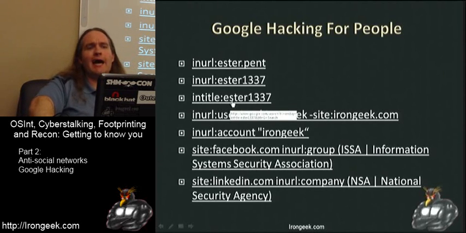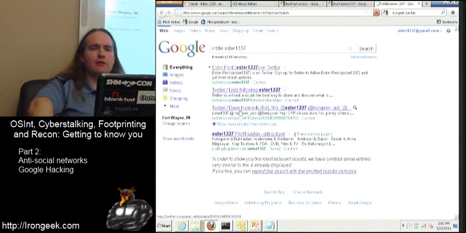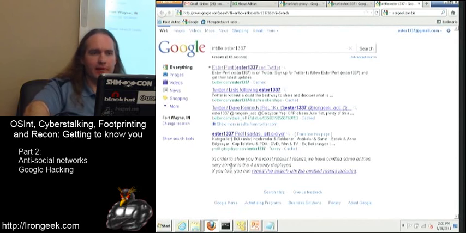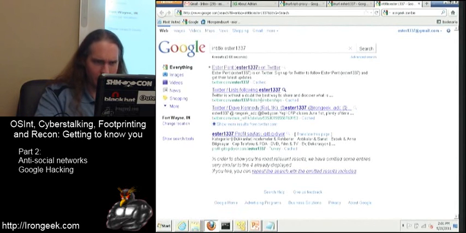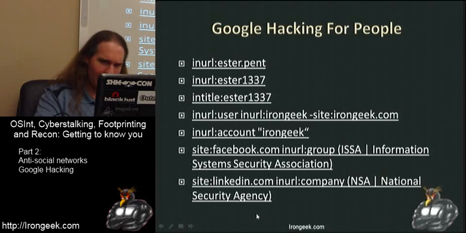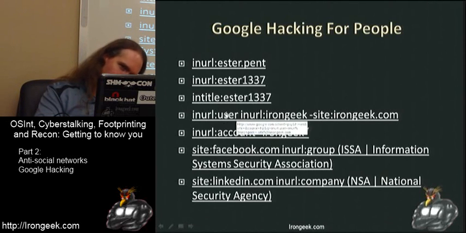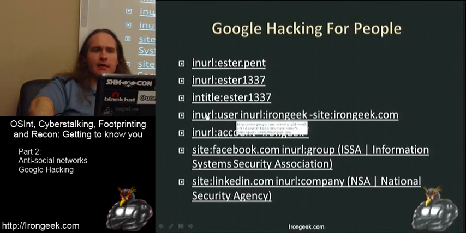Alright, intitle will also give you similar results, except that instead of being in the URL, it has to be in the title. But you can see that happens to give us pretty much the same results. It depends on how the web application is designed. Another thing you can do is inurl: